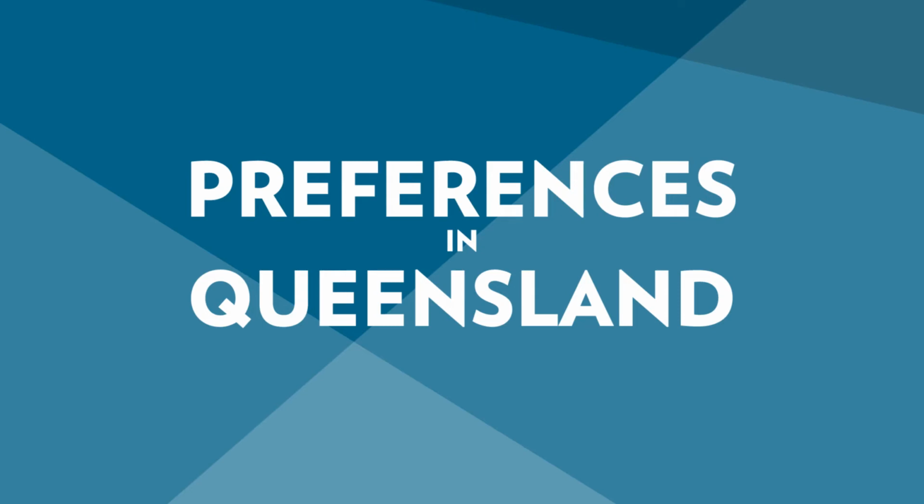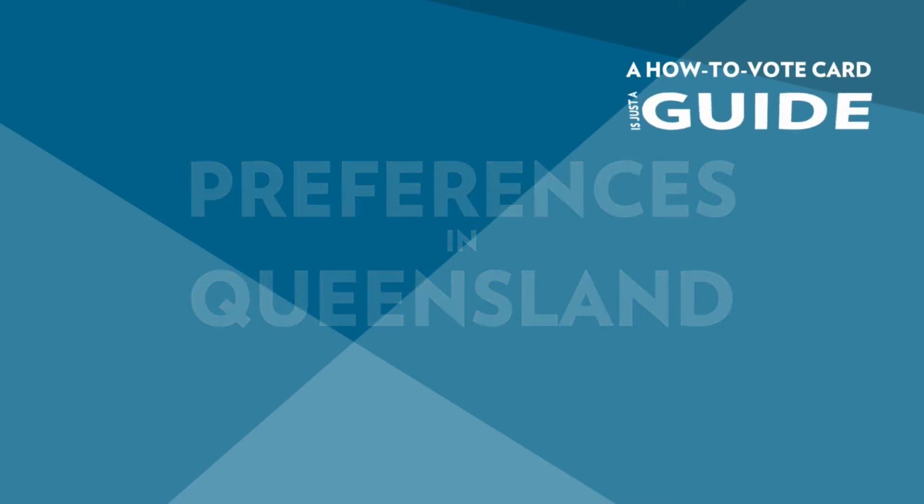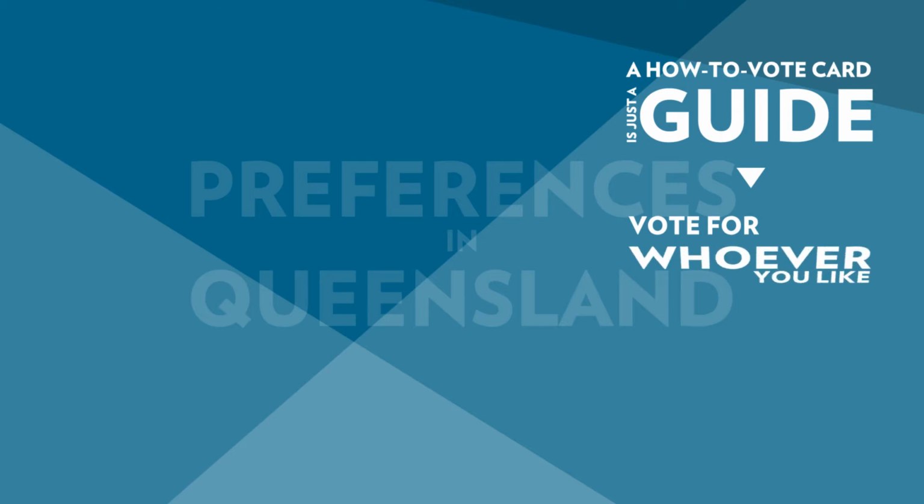Preferences in elections can seem complex, but they're based on a very simple idea. When it comes to the two most popular candidates, the two with a chance of winning, which one do most voters prefer? The first thing to note is that those how to vote cards that the annoying people give out